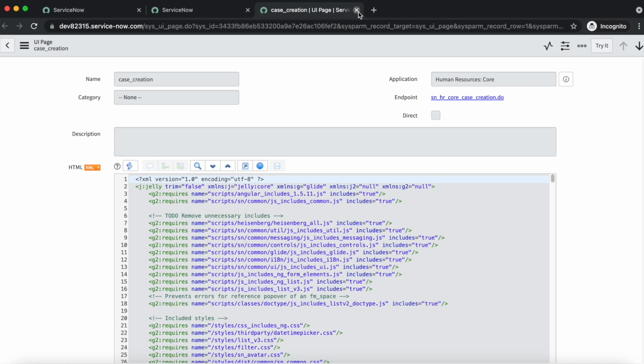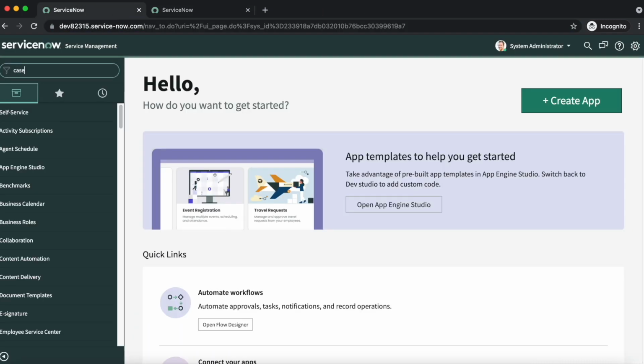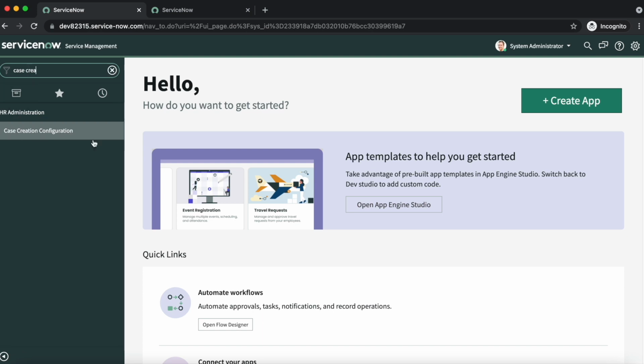Now let's navigate to the case creation configuration module and go through all the options available for the configuration. If you want to navigate to case creation configuration, it comes under HR administration, and then there will be a case creation configuration module.